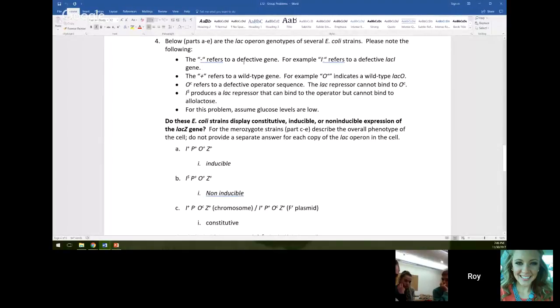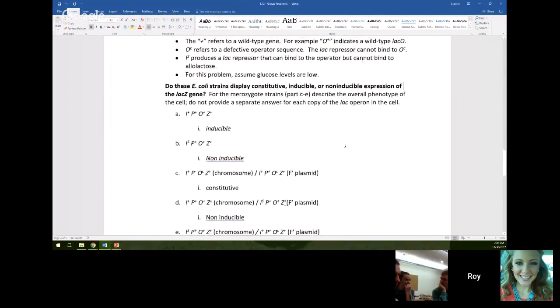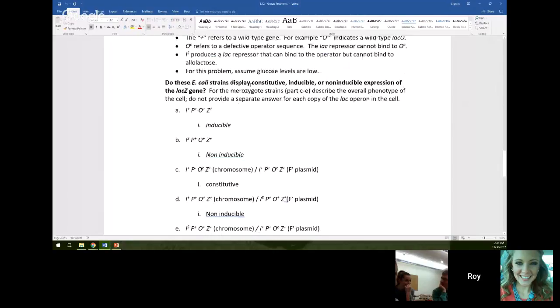And so it says negative refers to a defective gene, so like lacI negative refers to a defective LacI gene. Plus is wild type, and so on. We'll go through these as they come up. So the question asks us which of these genes is constitutive, inducible, or non-inducible expression of the LacZ